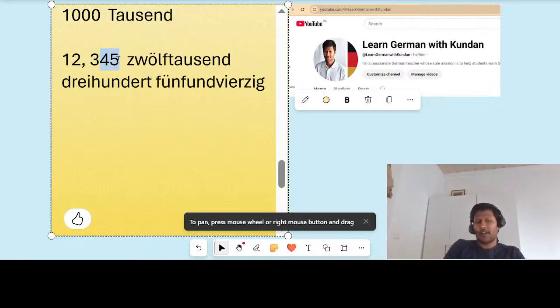We have already seen that when we have some number in tens, like 55, 46, till 99, we see the first unit place and then the tens place. So this is read in German as 5 and 40, not 40 and 5. In English, we have 40 and 5, but in German, we have 5 and 40. So this will be read as 5 und 40. That's how in German it is read: first the unit digit, then the tens digit. So here this becomes 5 und 40.